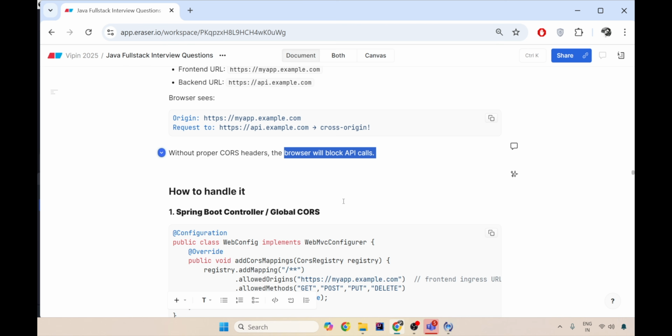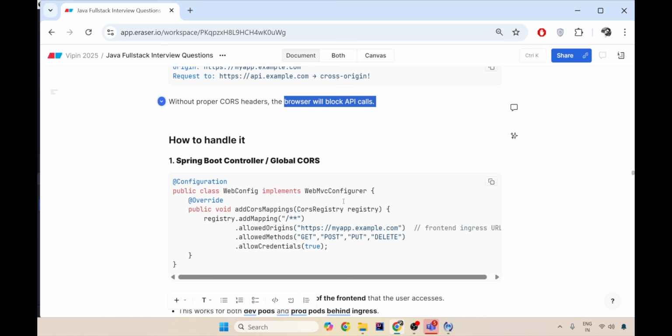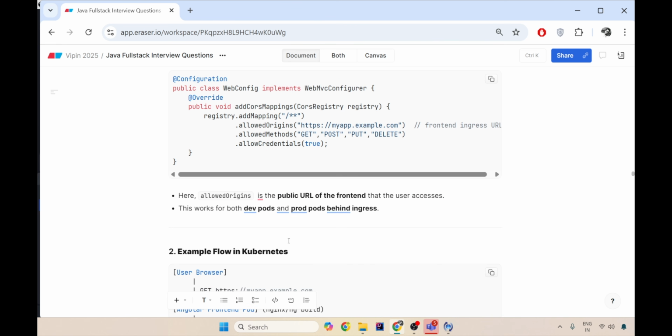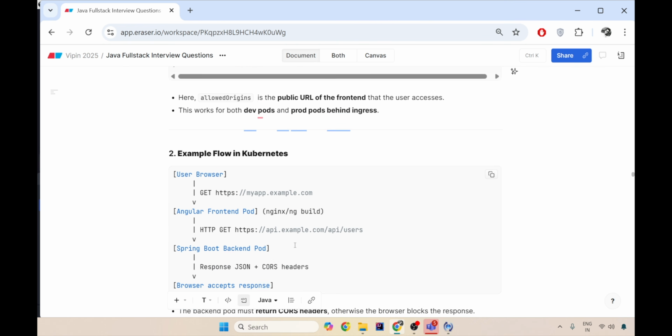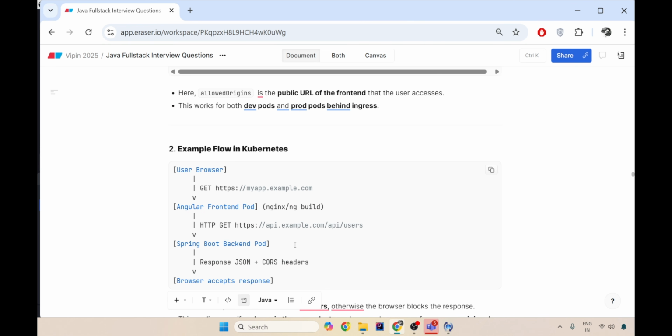So now from the browser, there is a request going to the backend, and from the backend, there is a response coming to the browser. The browser will block both of them, request as well as response. So you have to make sure that in the response, you give the CORS headers. And in the request, you have to bypass it in the following ways. You can allow the cross origins and allowed origins like this in the public URLs, where you allow the front-end application, and then it says, oh, the place it is trying to hit has an interceptor, and it has already allowed this front end to hit it. So their data, which is in the backend, is secured for this application, so I will allow it. And that is how the browser allows the cross origins.